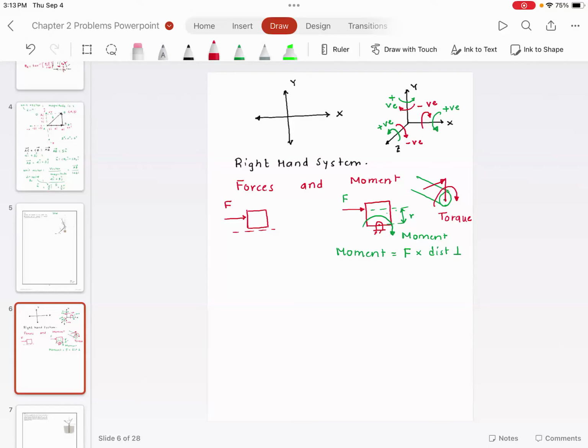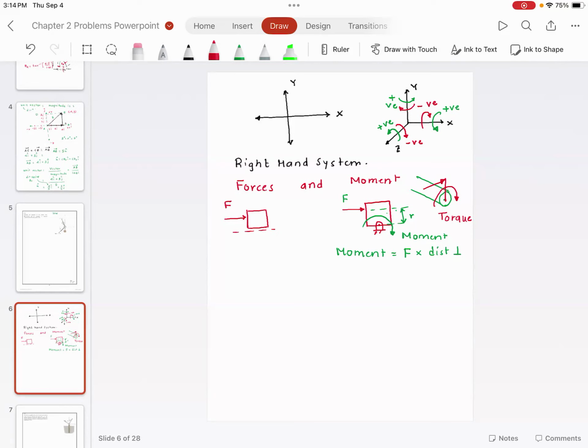It means the forces acting on this object could be in the x direction, the y direction, or the z direction. If there are no forces acting on this object, the object will be stationary, or it will be in the state of static equilibrium. Alternatively, if all the forces cancel each other out, then also the object will be in